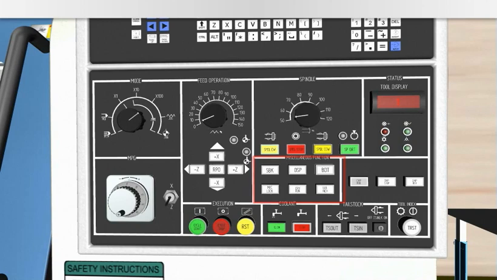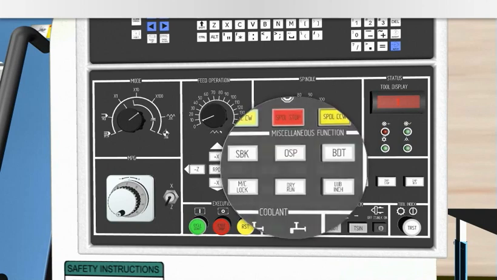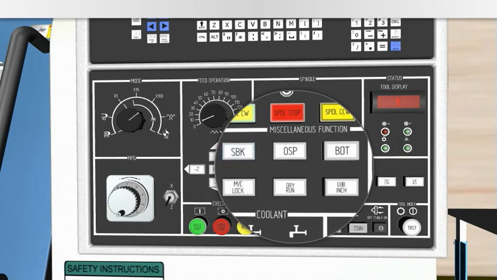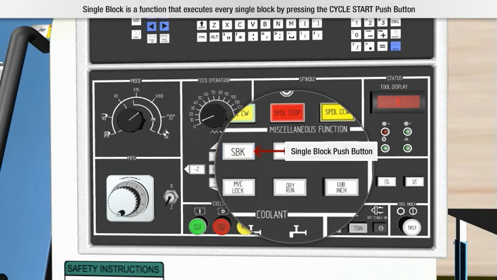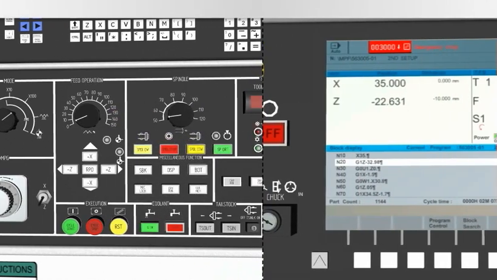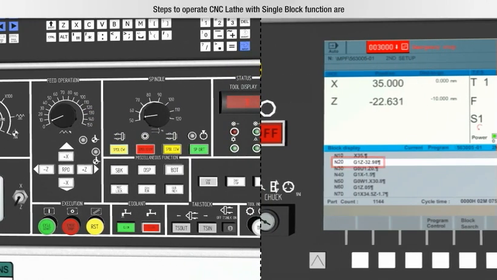Let's take a look at the push buttons in the miscellaneous function. Single block push button. Single block is a function that executes every single block by pressing the cycle start push button. Steps to operate CNC lathe with single block function are: